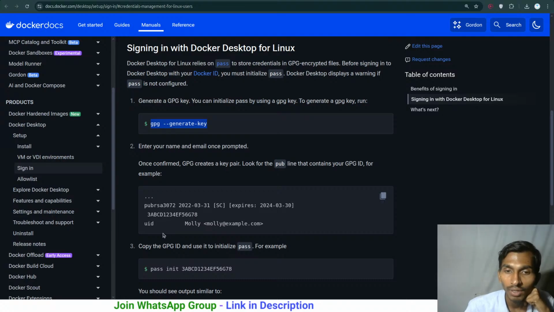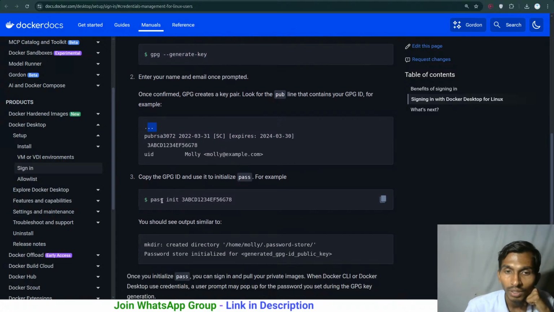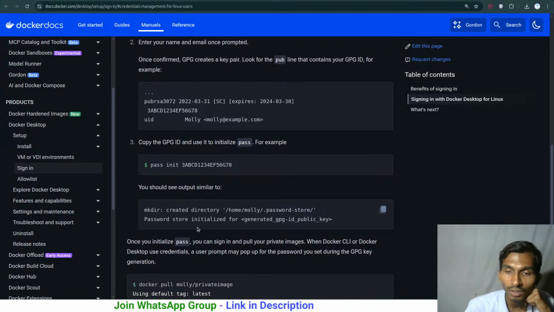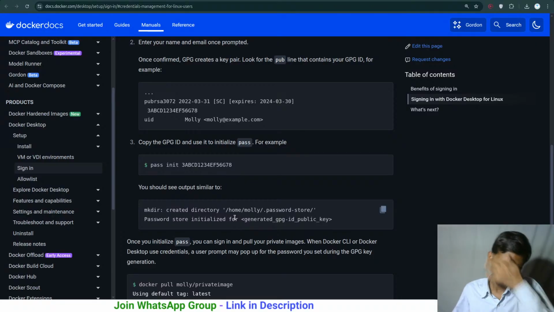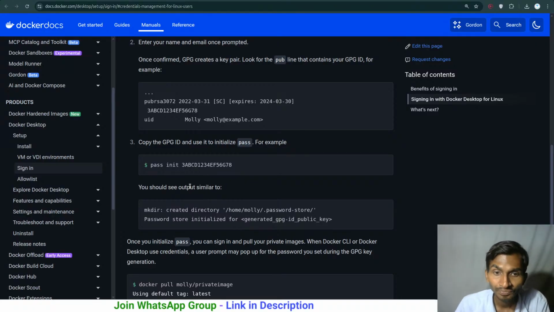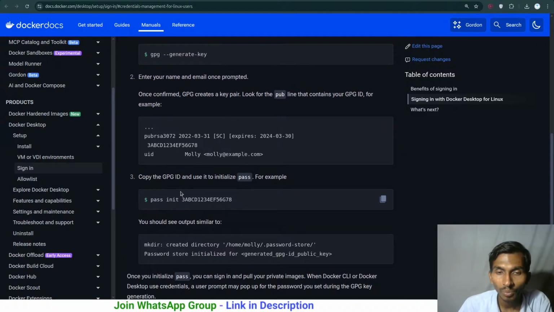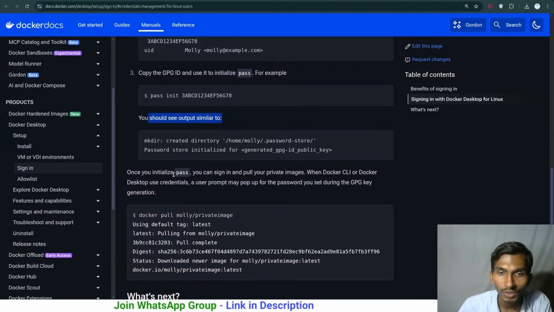Then I will get something like this. Then copy the GPG ID. Use mkdir. Oh my god, literally. So copy that, pass init. So I have to just simply copy it here. You should see the output something like this. Once you initialize pass,